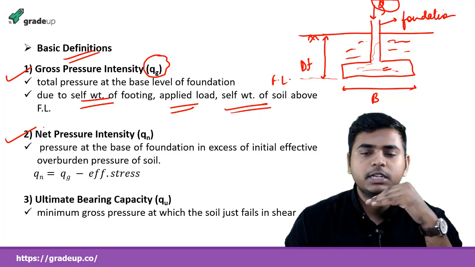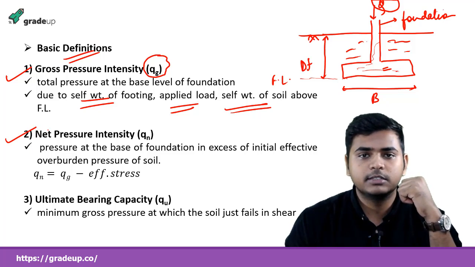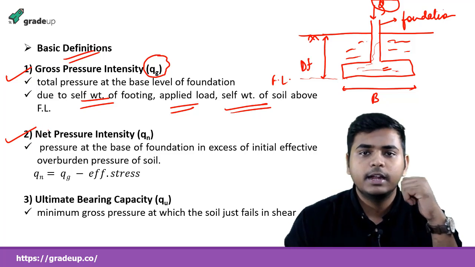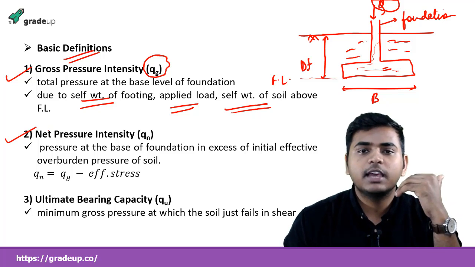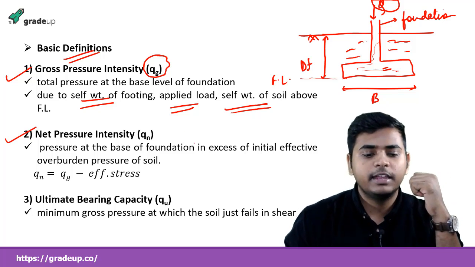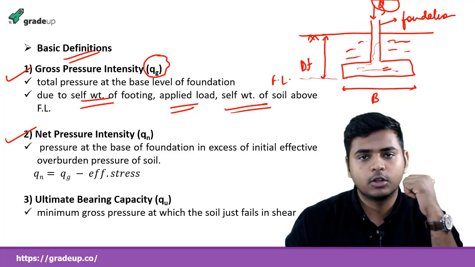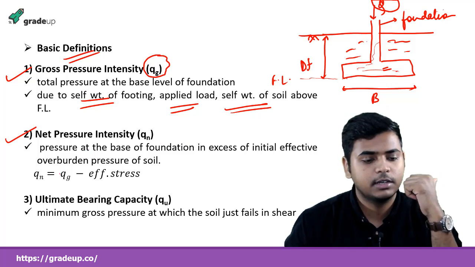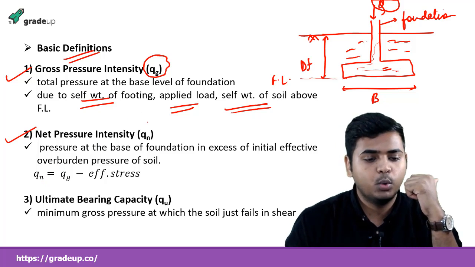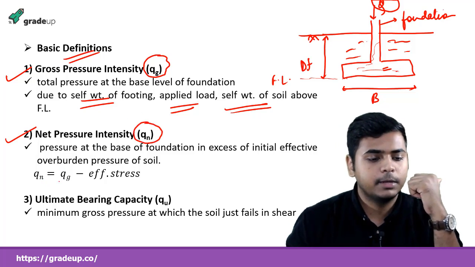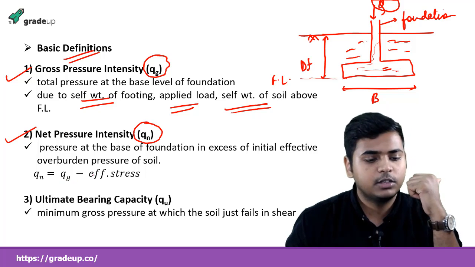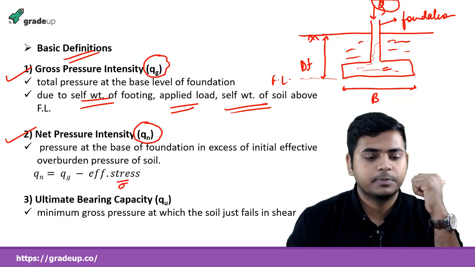First we studied the gross pressure intensity and next net pressure intensity. Net pressure, what does it mean? It is the pressure which is exerted in excess of the initial effective overburden pressure. So that will be gross pressure minus effective stress. It is denoted by Qn. Just remember this: Qg, which you have already studied, minus effective stress, denoted by sigma dash,